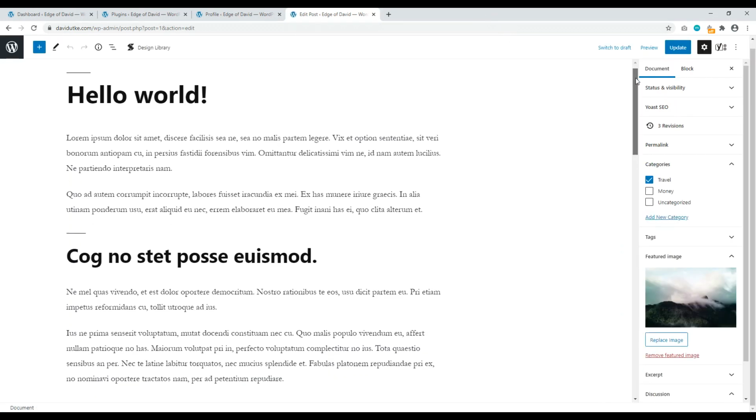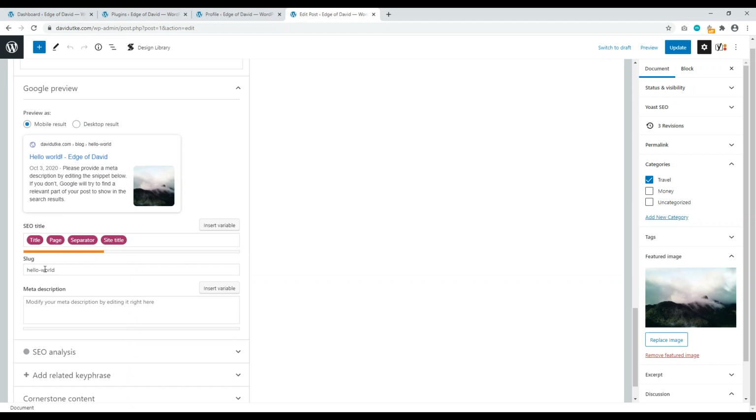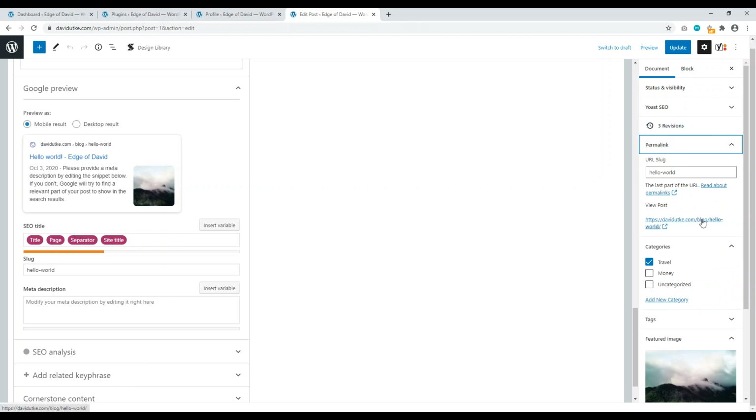Now, once you have Yoast SEO activated, you're going to have a new section at the bottom of your blog post here. This is where you have more control over your on-page SEO, where you can set an SEO title. You can change the slug, which is basically the permalink. So for example, if we come over here, the permalinks right now, again, I told you how to set it up. So it should be